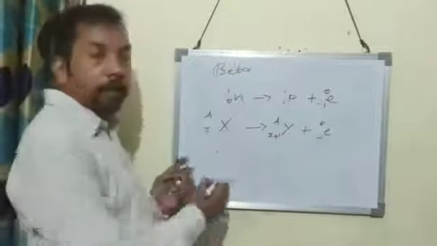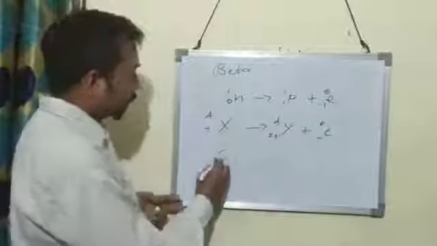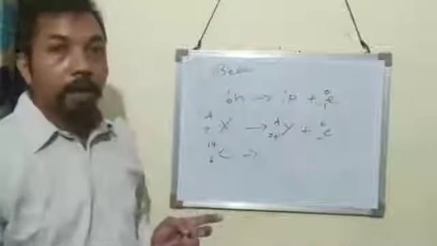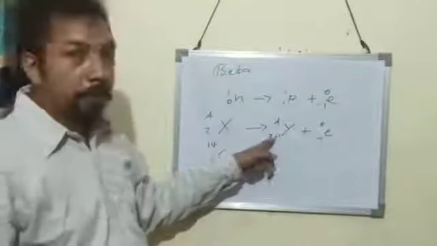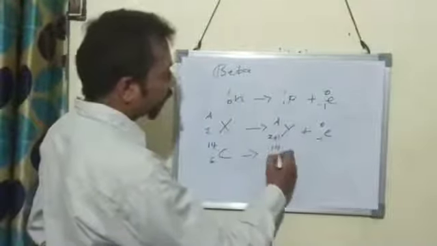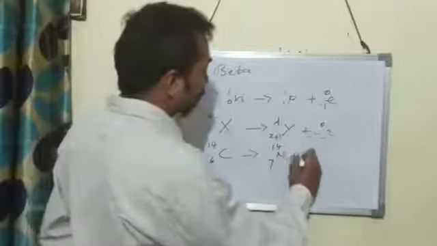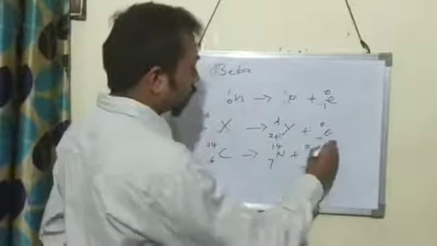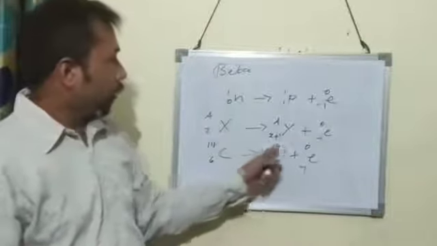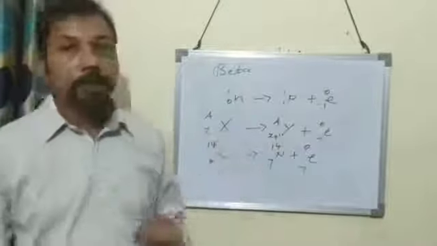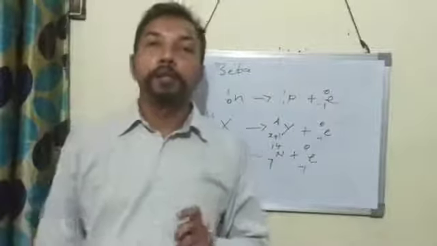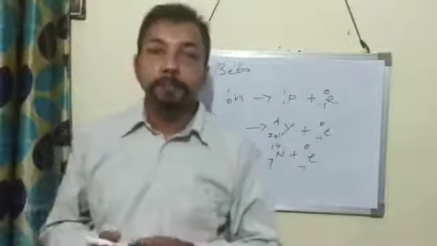Now suppose we write an equation. Carbon with atomic number 6 and mass number 14 emits a beta particle. How do we represent it? The atomic number increases by 1, 6 plus 1 is 7, and the mass number remains the same, 14. So the element is nitrogen plus a beta particle. This is the beta particle. Now you can see both sides are balanced: 7 minus 1 is 6, and 14 plus 0 is 14. So this is about beta emission, the nuclear change taking place during beta emission.